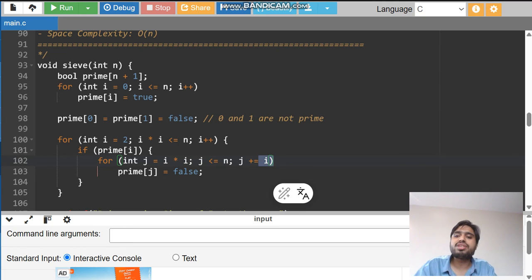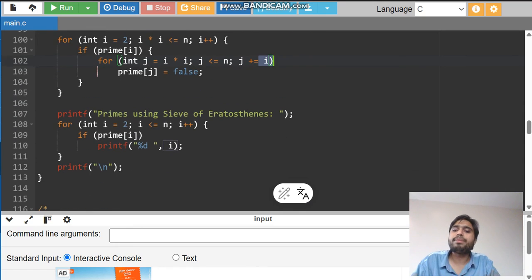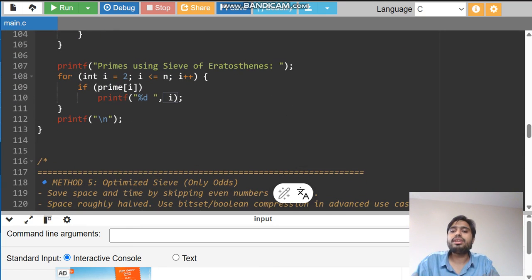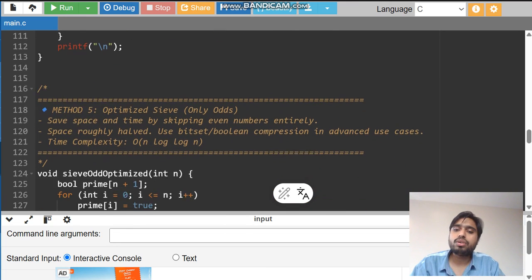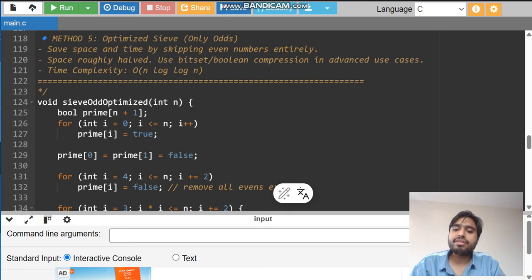At the end, the numbers which are left as true are the only prime numbers. If it is left true, that means all its factors were already marked false, so only the prime numbers will be printed. I can also optimize this sieve. How? I can optimize the sieve very simply, I basically need to check for the fact that